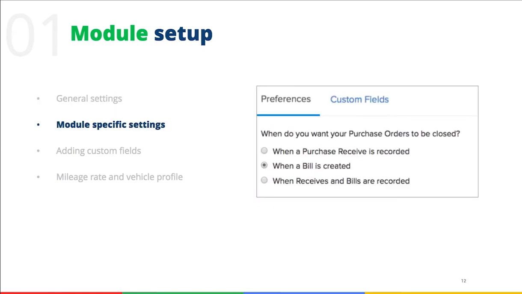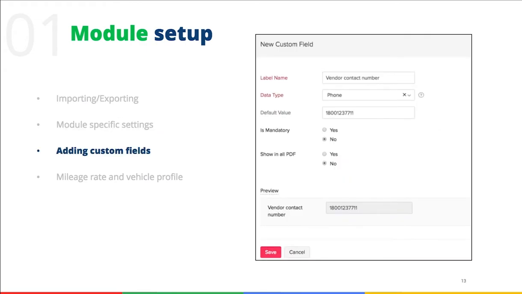So after that, we go to the module specific settings. Within purchase orders, if you want to specify when exactly a purchase order should be closed, or within bills, if you want to specify the custom fields that should be there, these can be done easily within your module specific settings in Zoho Books. So like I mentioned, adding custom fields,